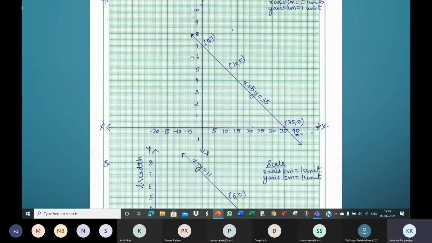So to find the x and y intercept, you don't have to make the graph. If there's somebody who doesn't understand, you tell me the equation, we'll do it together. If it's not clear, please voice out. Is everything fine from my end? Yes, ma'am. My screen and my voice, is it clear? Yes, ma'am. Okay.